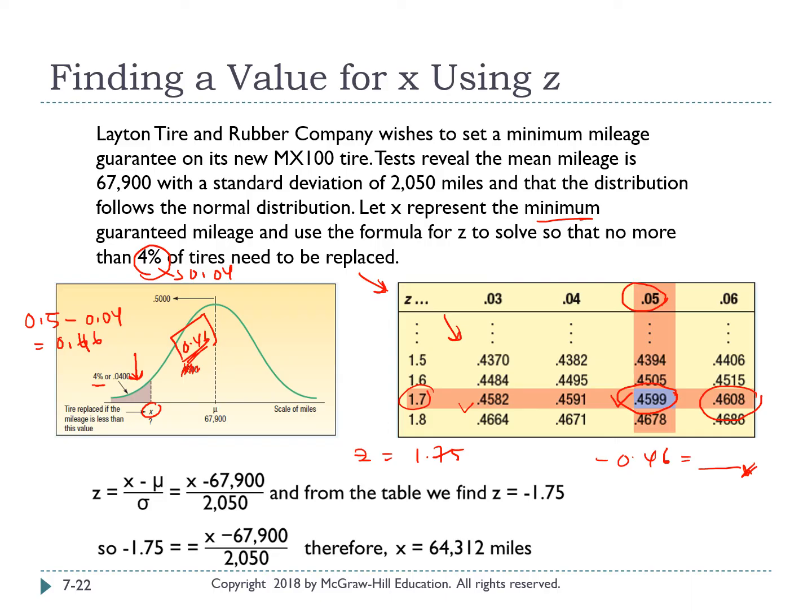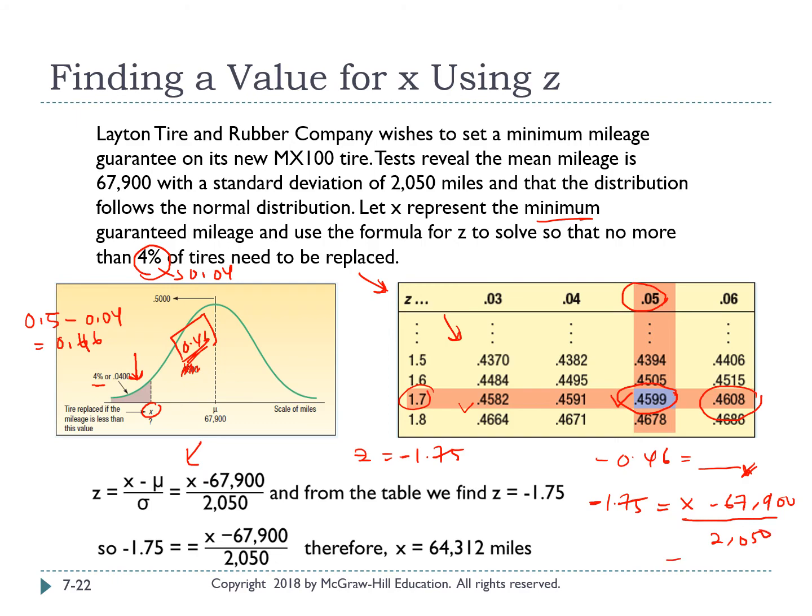You have to be careful here because if you look at your diagram, the number of 0.46 is on the left side of the diagram. So your Z value should contain a negative sign. Okay, now let's try to compute the X value using the Z formula. So what is the formula? Z equals X minus mu over sigma. So you know that your Z is equal to negative 1.75, equals to, what is X? You don't know what is X. Minus your mu, what is the mu? 67,000. And then divide by